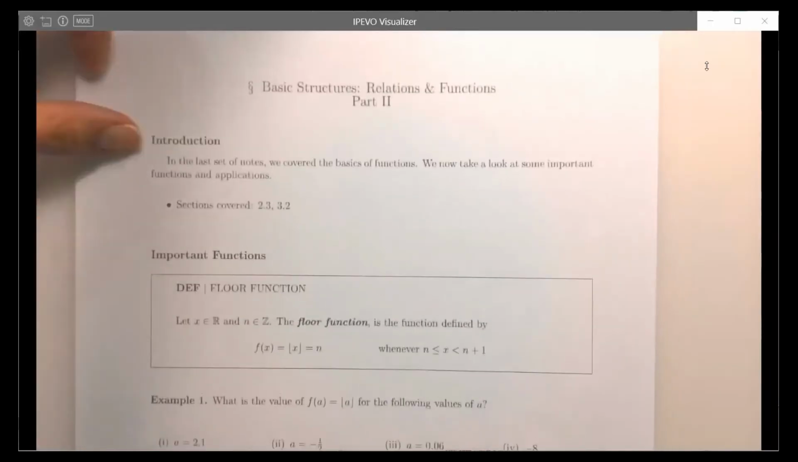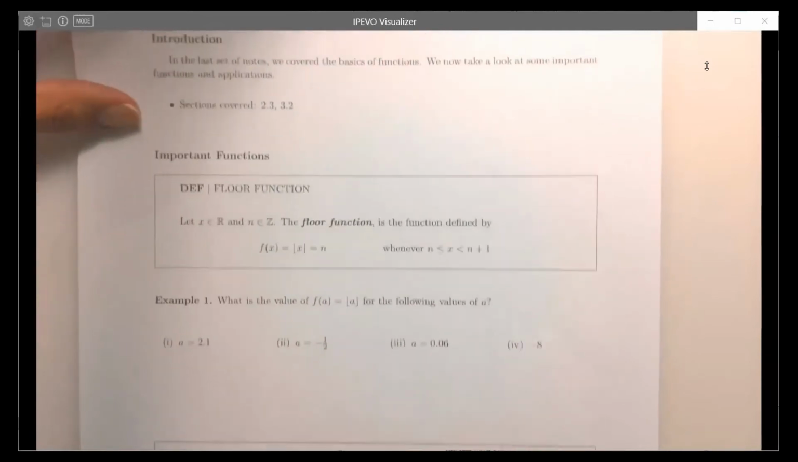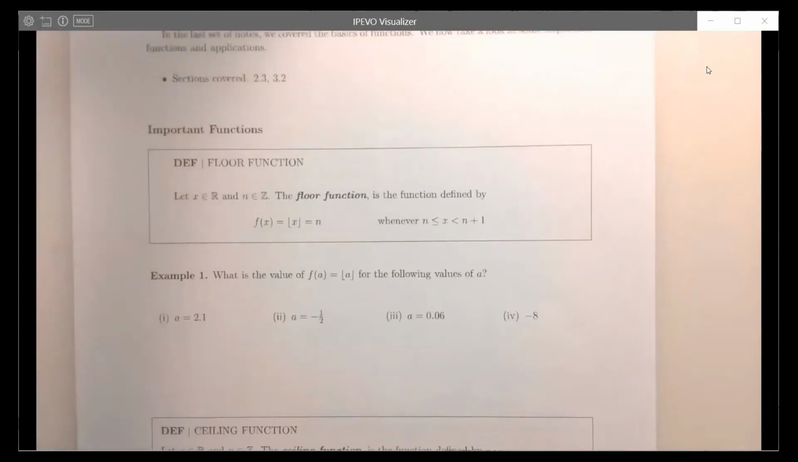Okay, so for today's lecture, we're going to be focusing on basic structures, functions part 2. And in this set, we're going to take a look at some important functions as well as some applications of functions to computer science. So the first important function that we're going to take a look at is the floor